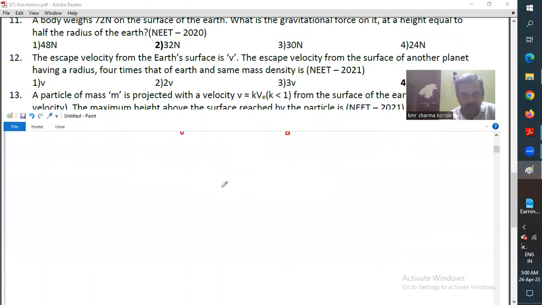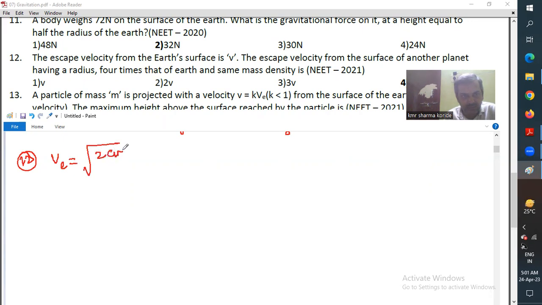Next, moving to question number 12. Escape velocity from the surface of the earth is v. Escape velocity from the surface of another planet having radius 4 times that of the earth, same mass density. So therefore, get back the escape velocity